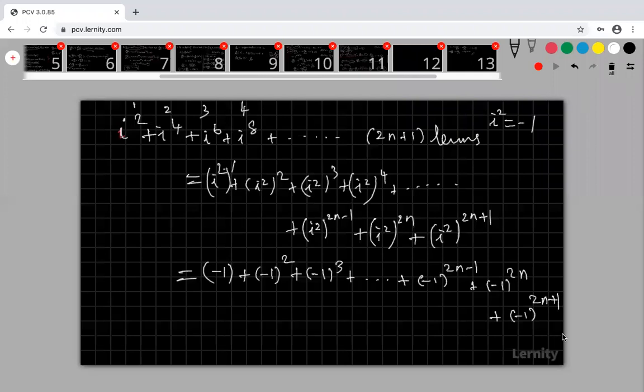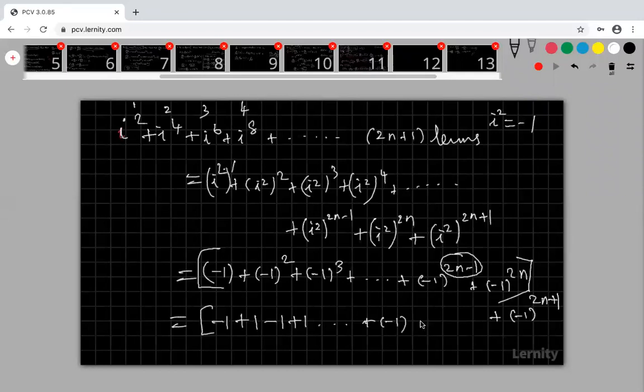What is the answer? Please tell me. Look at that. This is totally 2n terms. In this 2n, this is actually -1, this is actually +1. This is actually -1, and the next term is actually +1, like that. 2n minus 1 is an odd number. So therefore, I will get -1 and this is +1. So this is -1 the whole power 2n plus 1.